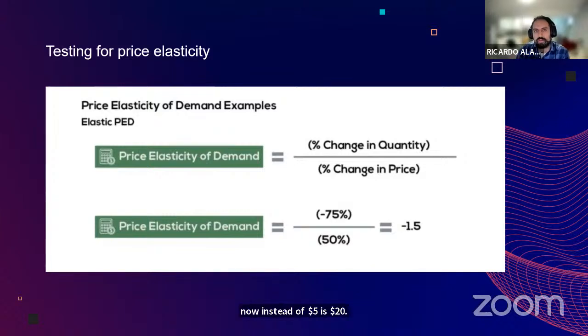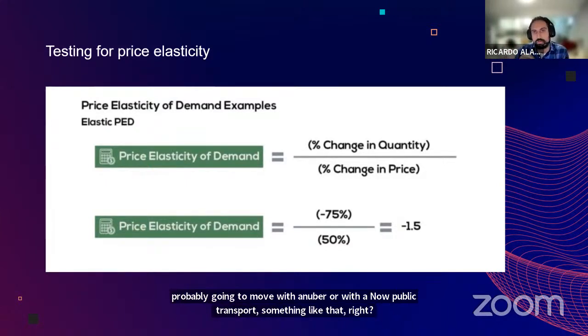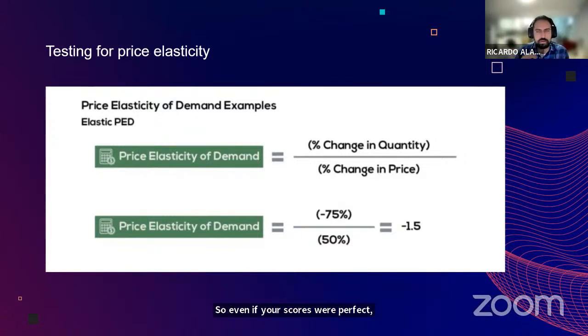You probably won't take the bike. You probably are going to move with an Uber or with public transport, something like that, right? So even if your scores were perfect, like you are predicting demand perfectly, but you don't take this into consideration, and if price goes 20% up,